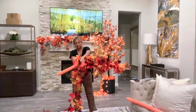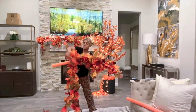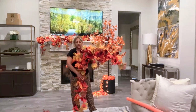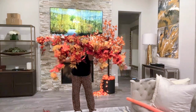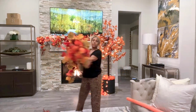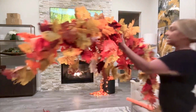All right, now we're gonna wrap it again. I'm doing this really quick. It's really quick and easy anyways, but I'm really doing it quick because we're on here, guys. So wrap it, wrap it, wrap it. Do you see how much fuller it looks when you kind of triple it out and do all that? See? You have a nice